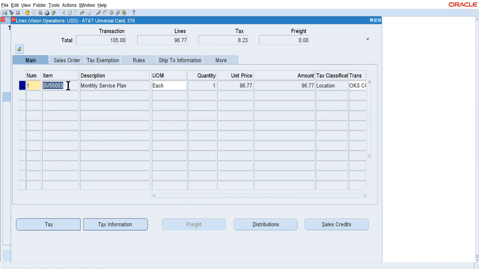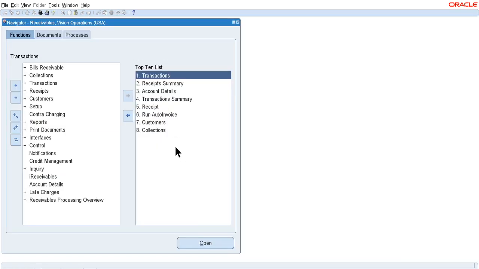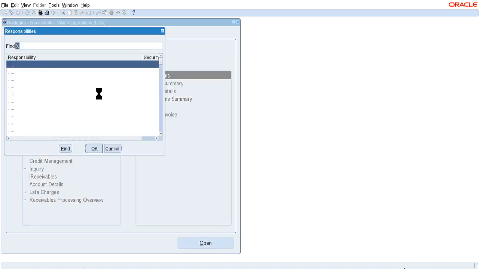Why is this showing as the service line? Because we have created the billing schedule at the top level, the service level. That's why it's showing as the service line. If you select information like covered lines, you can see the information of the covered line here, right? Okay, so the invoice has been created, and then I'm moving back to the service contract screen,